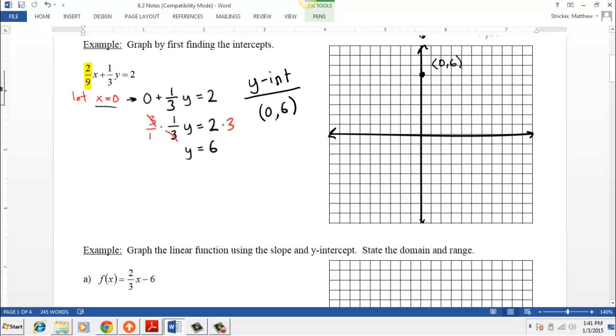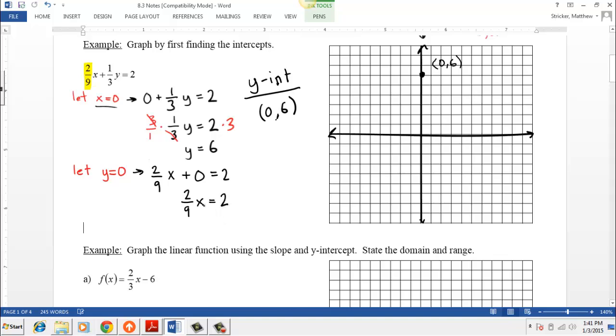Okay, and now we're ready to find our x-intercept. Like we said above, we find our x-intercept by letting y equal 0. And when we do that, then that causes our second term to go away. That 1/3 y goes away. And so what we end up with is 2/9 times x plus 0. Again, that's because 1/3 times 0 is 0. That equals 2. So I'm going to rewrite that without the 0. So we have 2/9 x